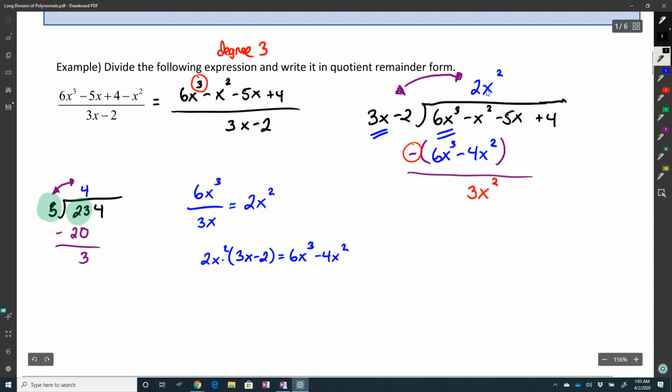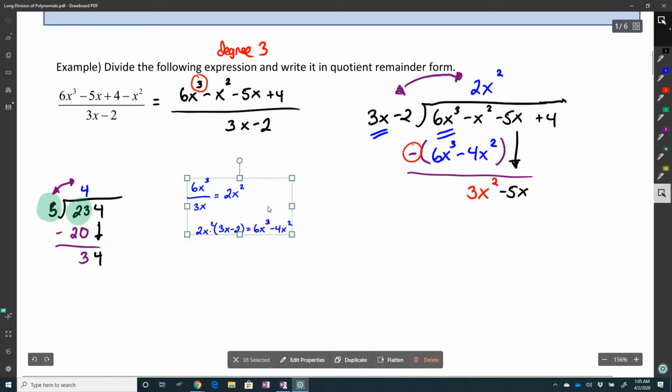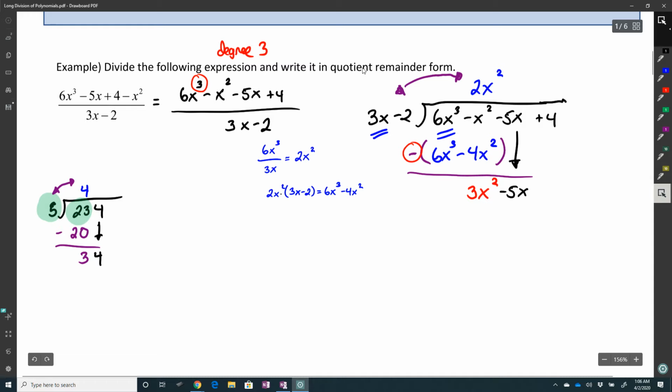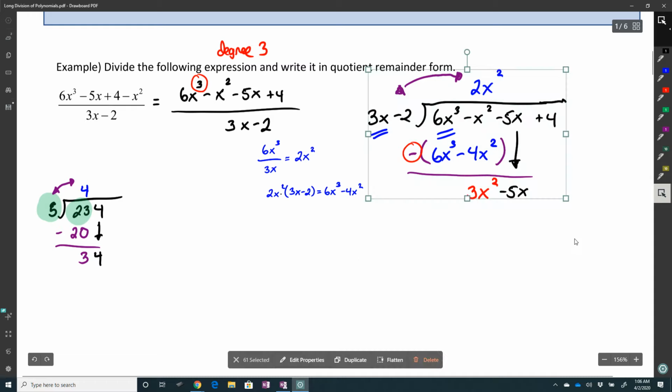Now in the long division example, you would bring down the 4. Here we're going to do the same thing. We're going to bring down the minus 5x. That is one step of this whole process. Okay? Notice it's exactly the same as doing it with numbers, except that we're doing it with x's now. And to help you out, I'm kind of showing the side work that's needed in order to make this happen. I'm going really bad with my spacing today.